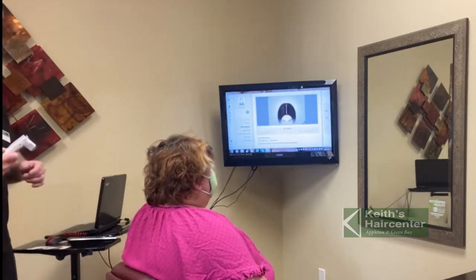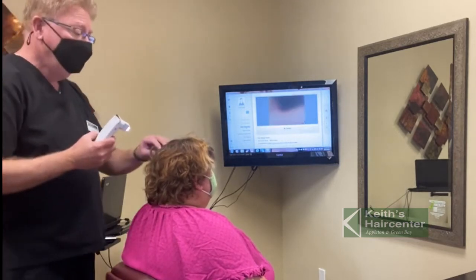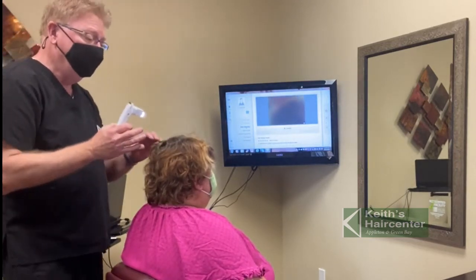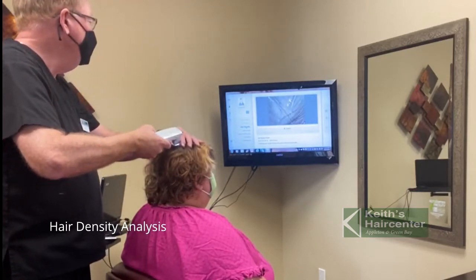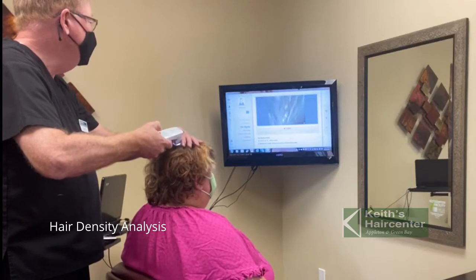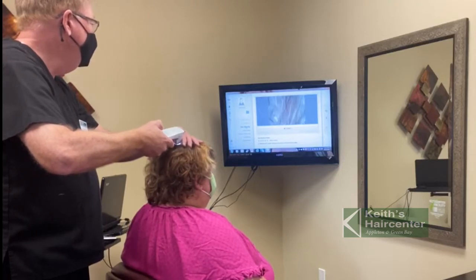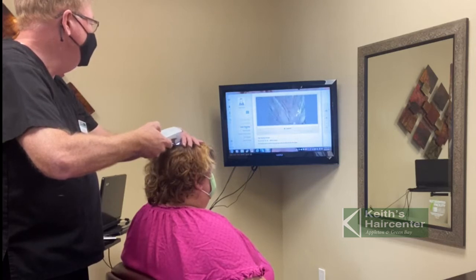Okay, next one I do is hair density. And this is one to check for hair loss. Typically people have 120 hairs per centimeter. And we will count these and see where Janet's